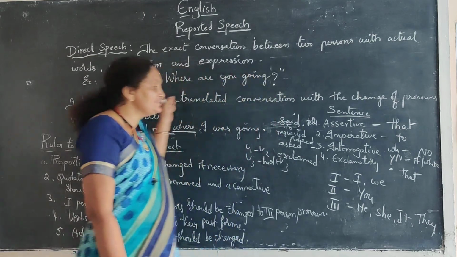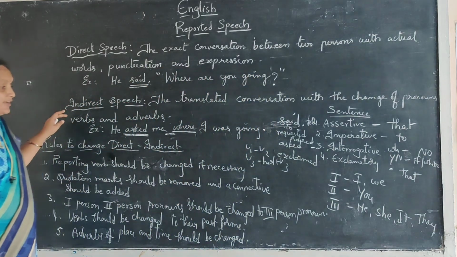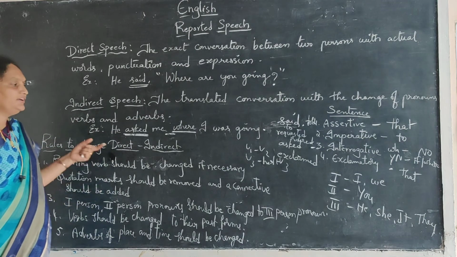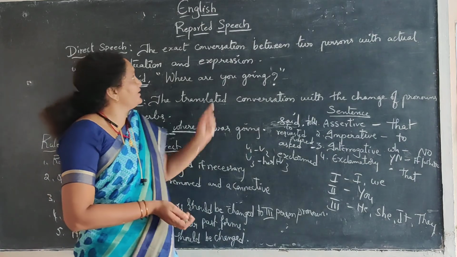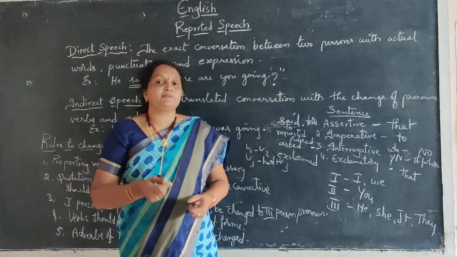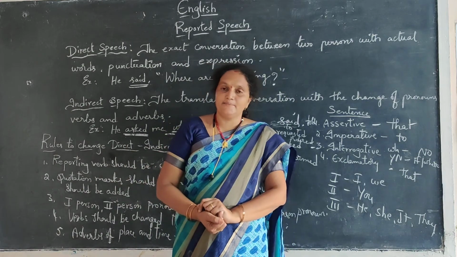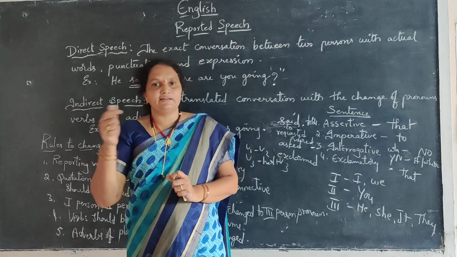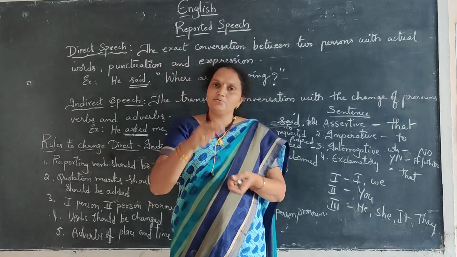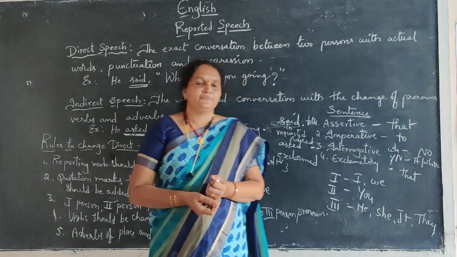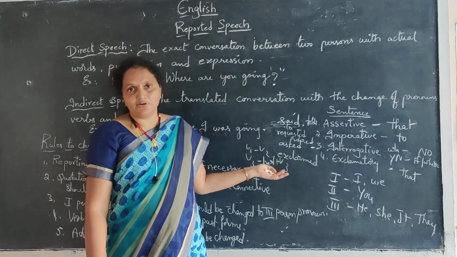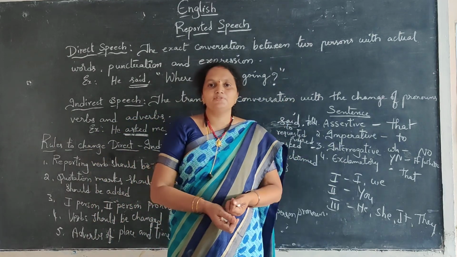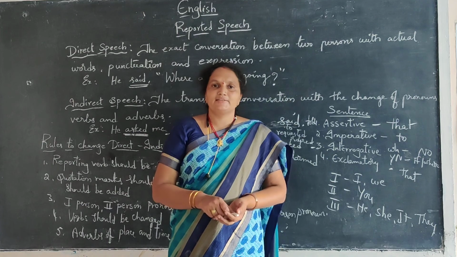So these are the rules to change direct to indirect speech. When I give you the examples, then only you can write it well and understand. If the reported speech is given in 2 lines, that means one question and one answer, you have to join those 2 sentences with a linker like and, but, then. Then you can write those 2 sentences in a single line. So I will send you the clear notes with this. You can first listen to the video and copy the notes in your grammar book. Then you can do the exercise. Thank you, children.